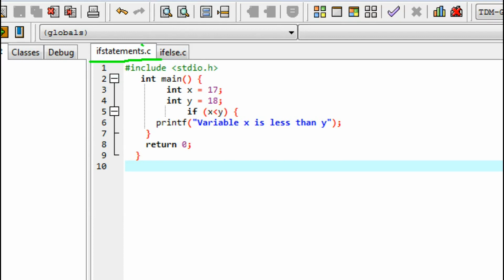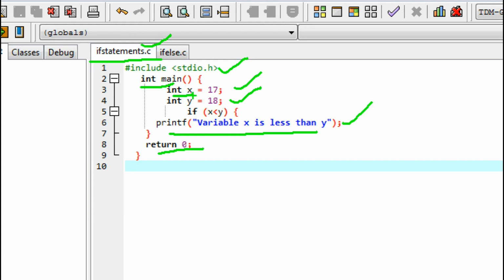I saved my C program here, and this is the include which the program has discussed. It includes the standard input output header, an integer type main function, and integer x is equal to 7, and integer y is equal to 18. If x is less than y, then it will print the statement "variable x is less than y", and finally return value 0 if it is successful.